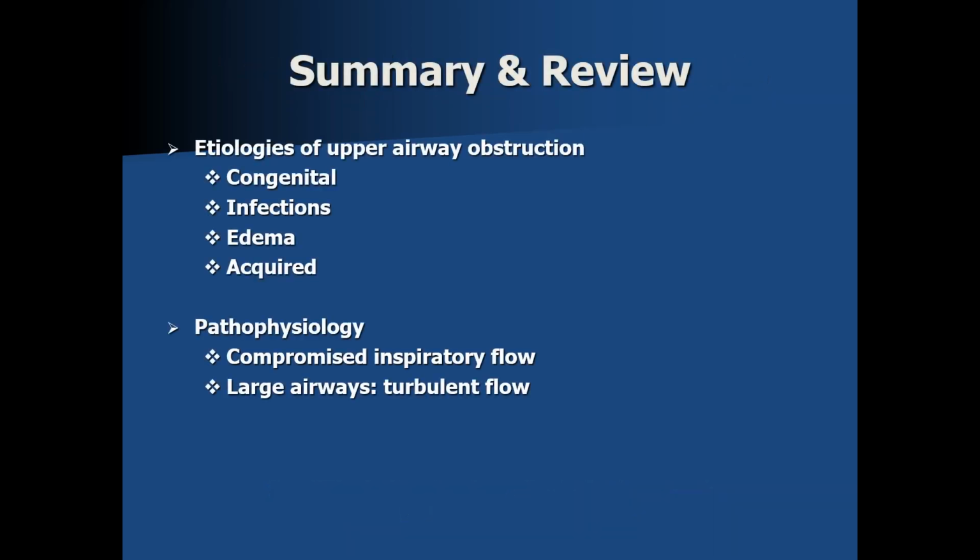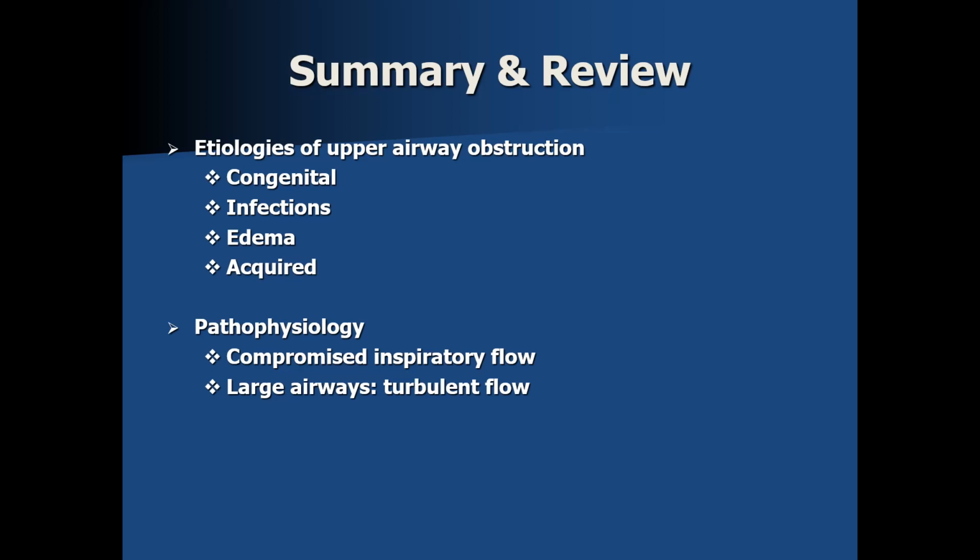That concludes the new information for this presentation. Let's summarize and review for a bit. We talked about the etiologies of upper airway obstruction. These are congenital, infections, and various forms of edema. And we also talked about other acquired causes of upper airway obstruction, such as acquired tracheal stenosis. Then we talked about the pathophysiology of upper airway